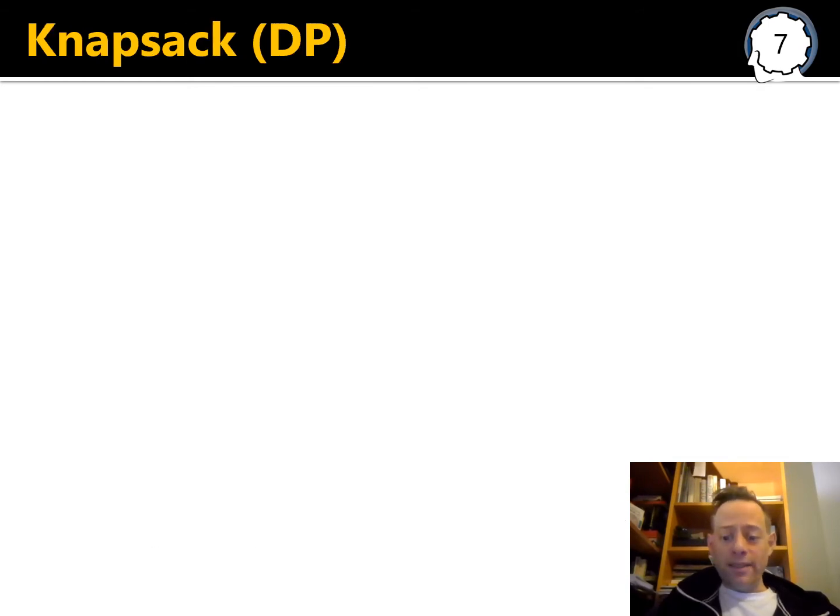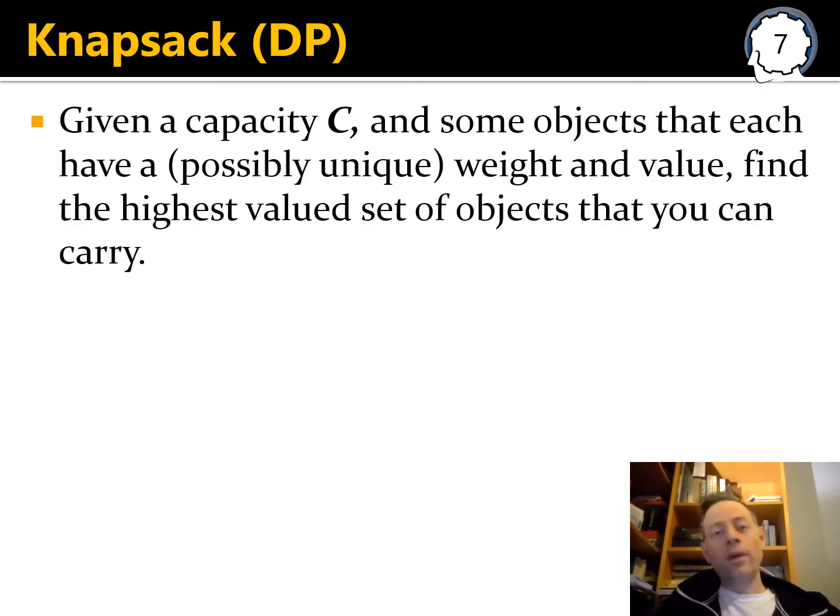Okay, so that was one example. The second example is one example of dynamic programming. So here we're interested in a famous problem called the knapsack problem. And here we're given a backpack with a capacity C, and then we have a set of possible objects where each object has a weight and a value. And now we're interested in finding the subset with the highest value that you can actually fit within your backpack,